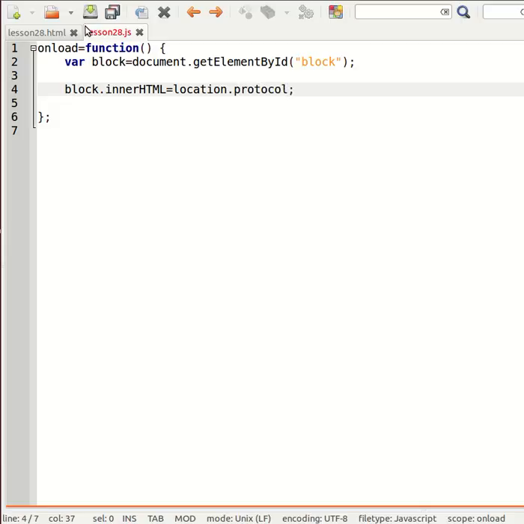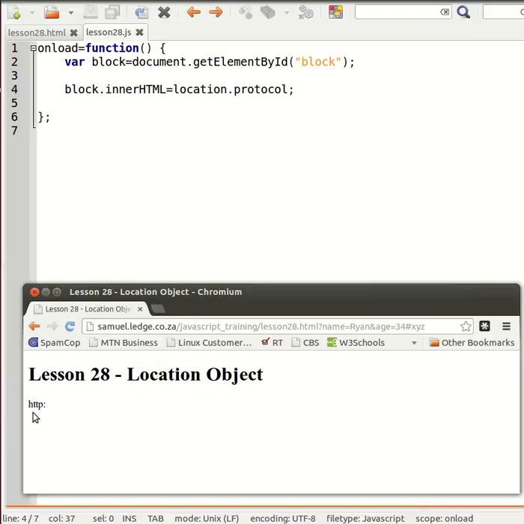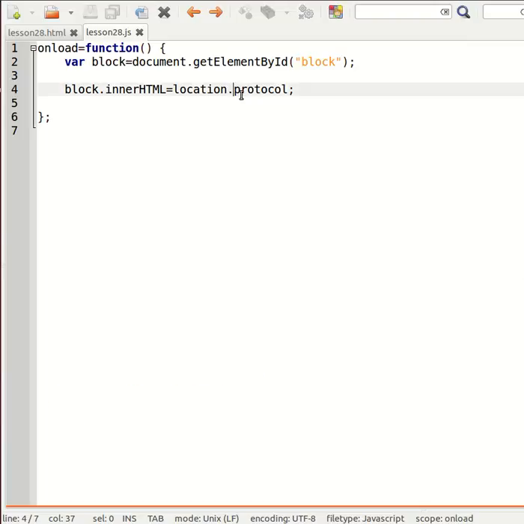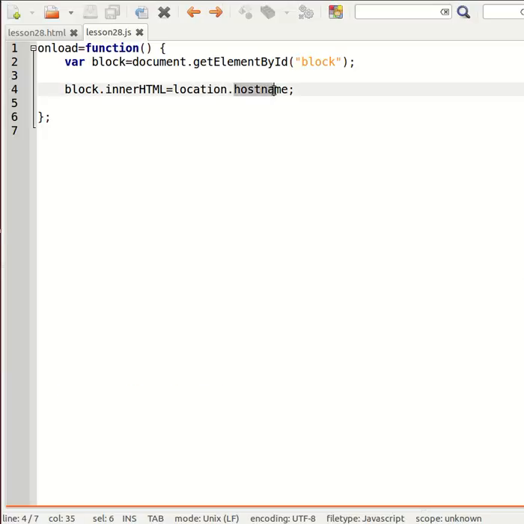For example, there's a protocol, which is just the HTTP or HTTPS. Then there's the host name, which is your domain name portion of the URL. And then there's the path name,